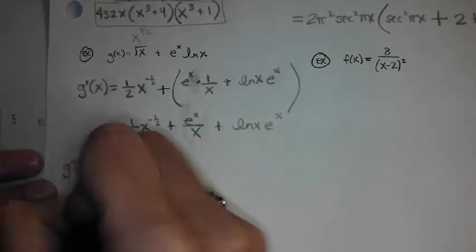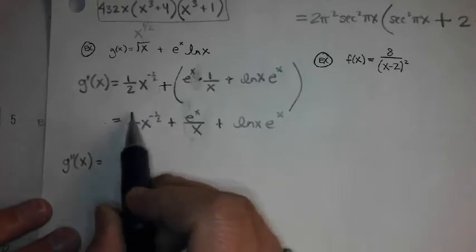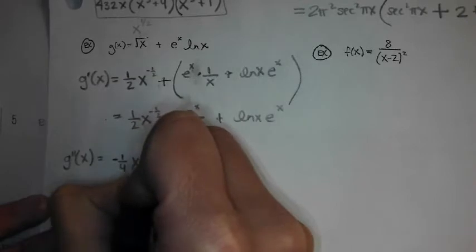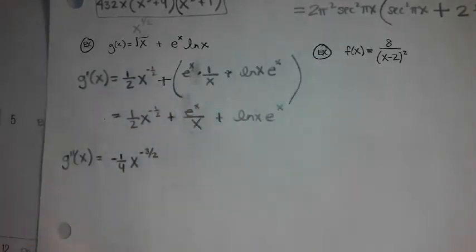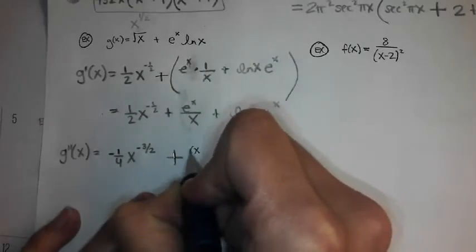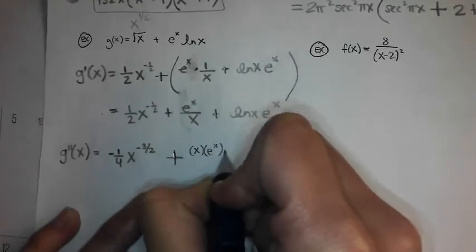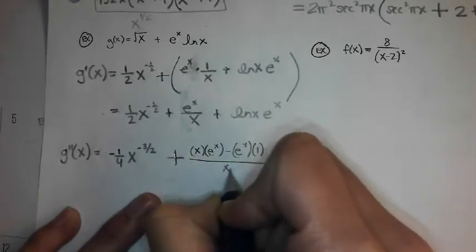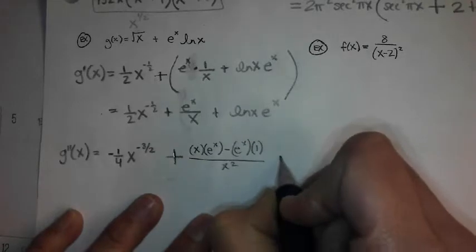So g double prime of x is negative 1/2 brought out in front is going to be negative 1/4 x to the negative 3/2 when you drop that by 1, plus, I like to do a nice big plus sign so I can keep it organized, bottom times the derivative of the top minus the top times the derivative of the bottom all over bottom squared. I'll come back to it, plus